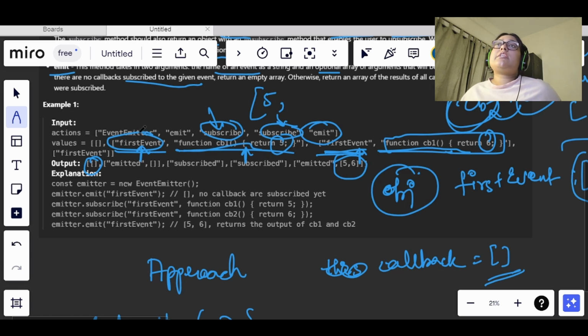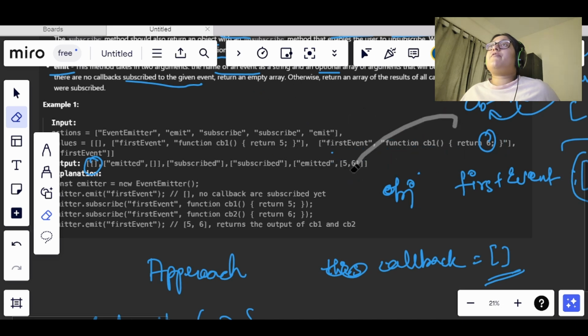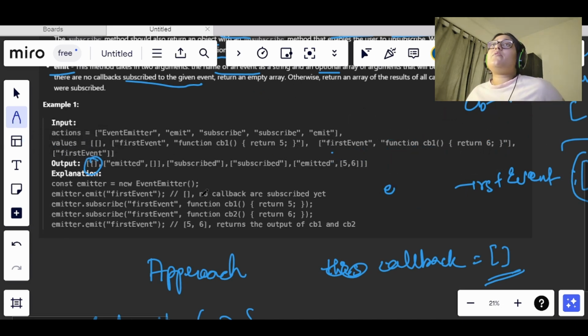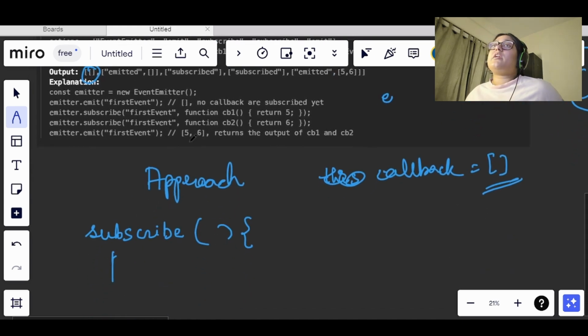So this event that we were getting will act like a key, and the value that was getting returned was used as a value, right? So we will use the event name as our key. Let's say subscribe is having two parameters.